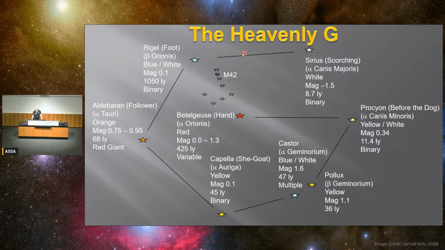All right, and then we move around to Rigel. Now, I mentioned before Rigil Kentaurus, which is Alpha Centauri. Rigel means foot in Arabic. So the star Rigel also means foot, but it's the foot of Orion. But because we're in the southern hemisphere, the constellation of Orion is upside down from our point of view. So even though Rigel's a foot, it's actually at the top of the constellation. Now it's Beta Orionis. Now, I said there were some exceptions. Generally,